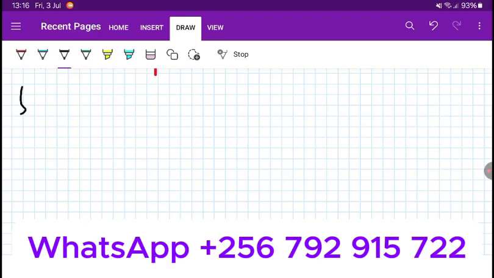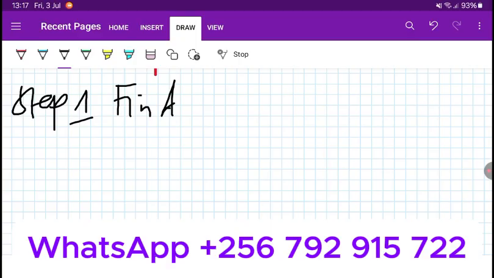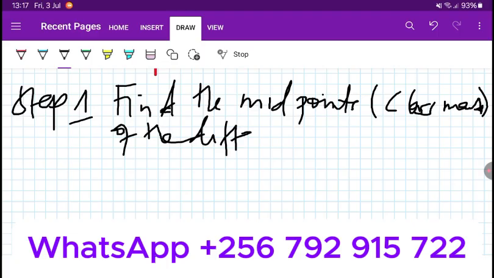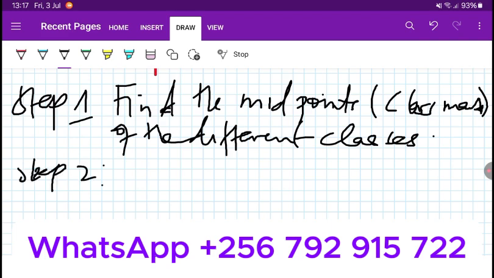Of course, the first step, our step 1, is for us to find the midpoints, or the class mark. The class mark of the different classes. Midpoints of the different classes. Then of course the second step is for us, when we have gotten those, for us to just draw